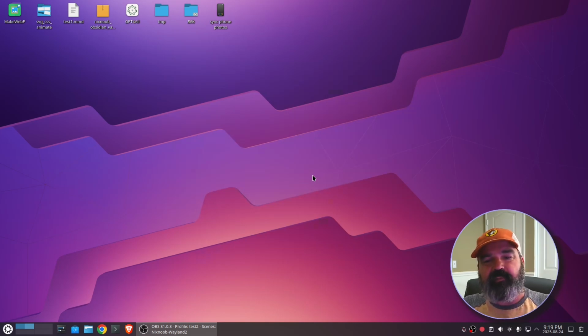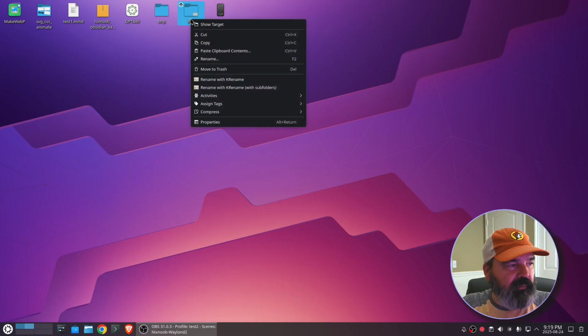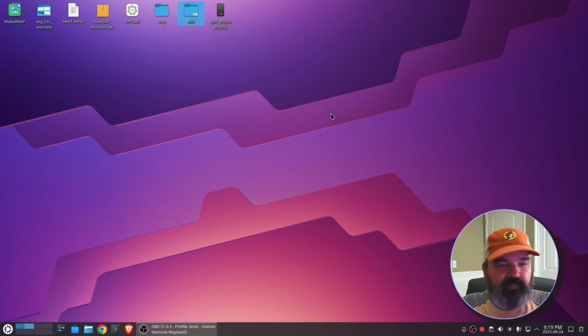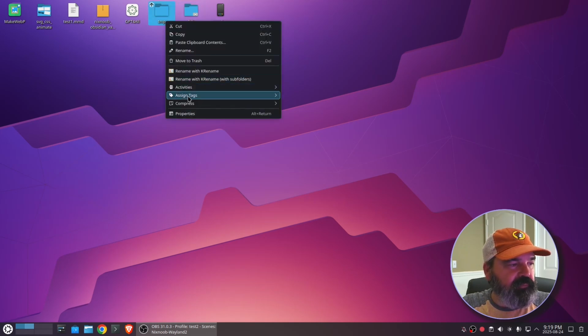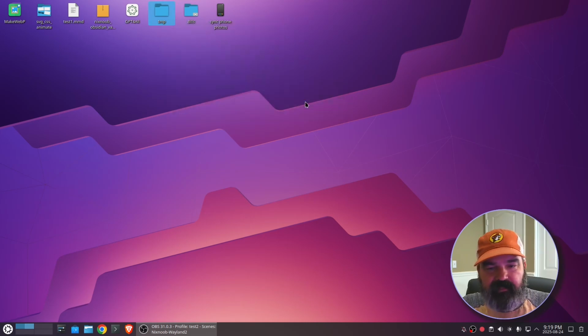But in desktop view, you'll see the same icons on your desktop for all activities, unless you pin an icon to a particular activity. You do that just by right-clicking on an icon, going to activities, and saying link to activity. Since I'm in folder view, that's not doing anything. But if you were in desktop view, that would make that icon go away and only show up under the activity that you select. So that's how it works with desktop view. With folder view,